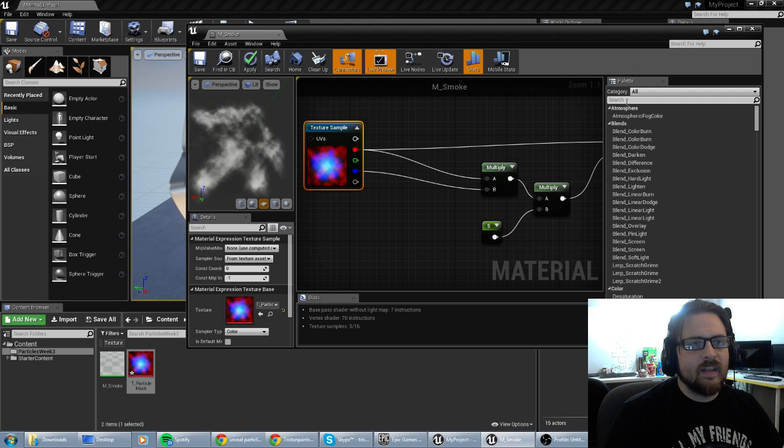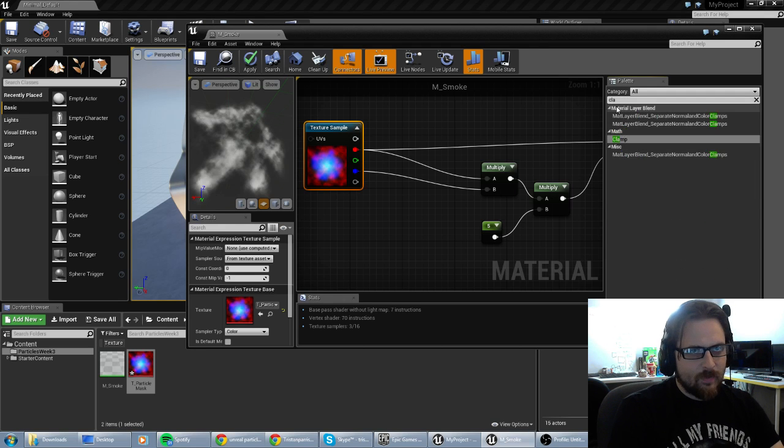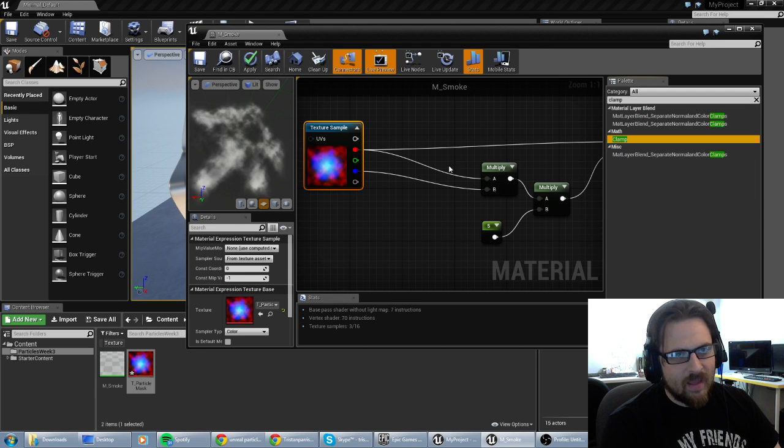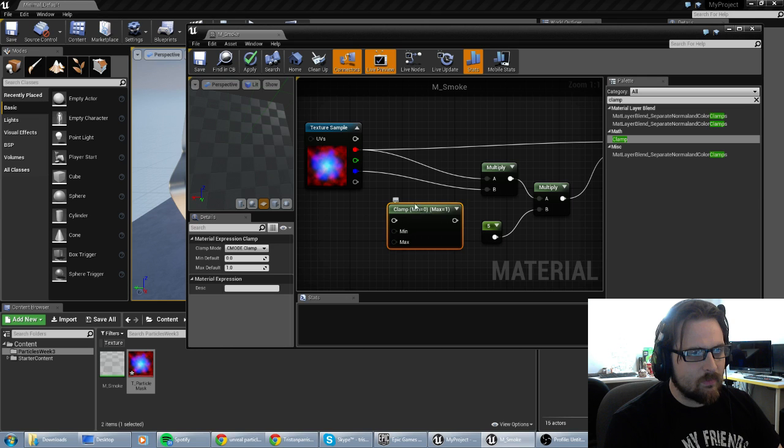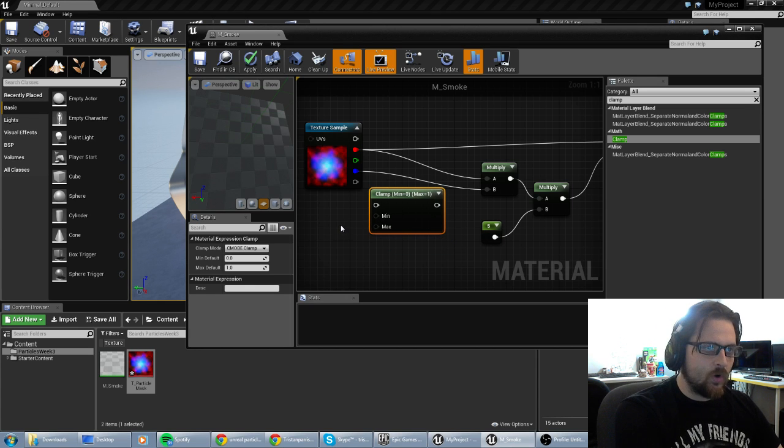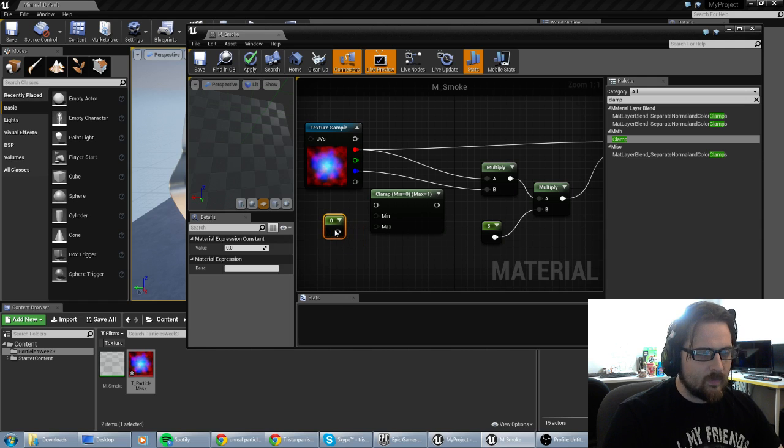So if you type in the word clamp, you can go to math clamp, and then I'm going to hold down 1 and click, and then I get a constant, and this constant I'm going to plug into the minimum, and under the minimum I'm going to put 0.2,